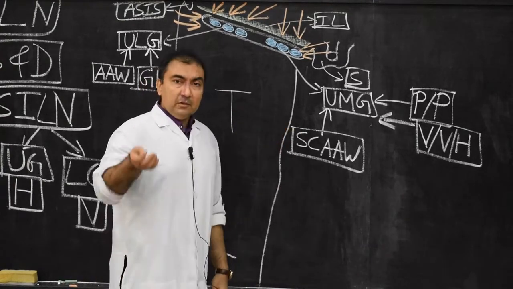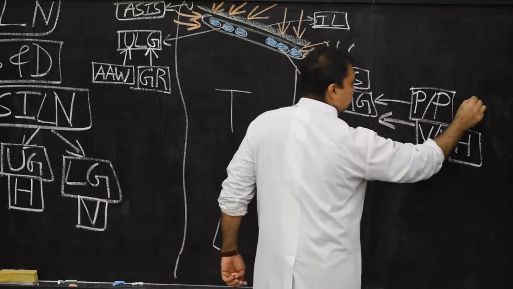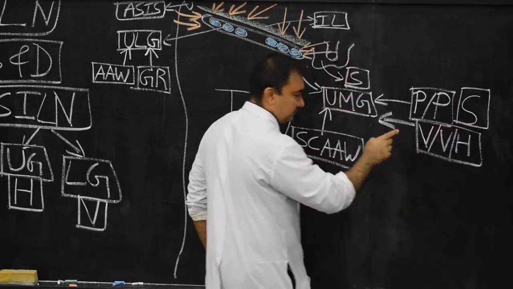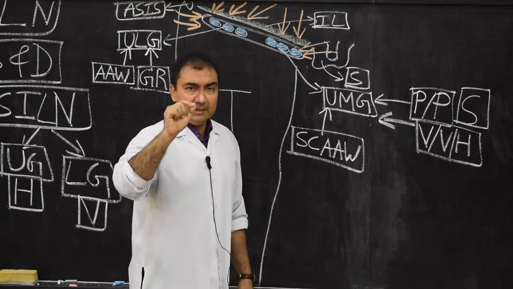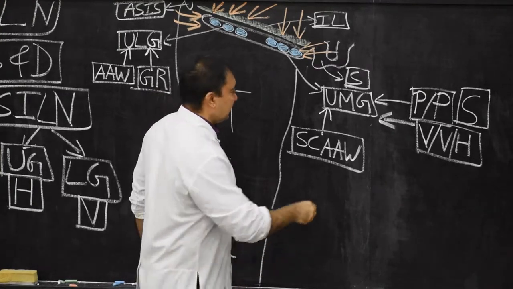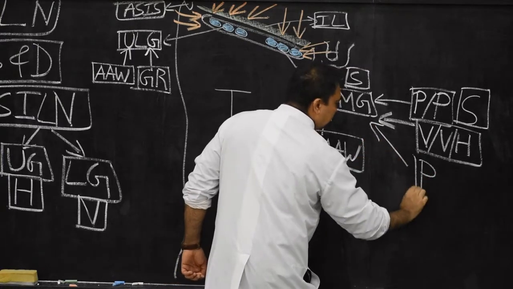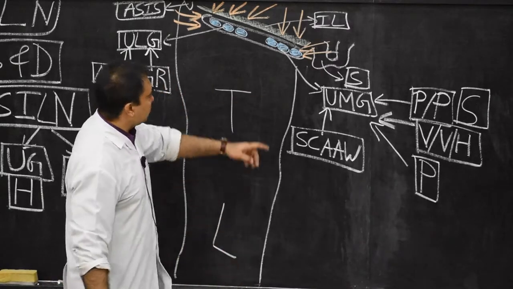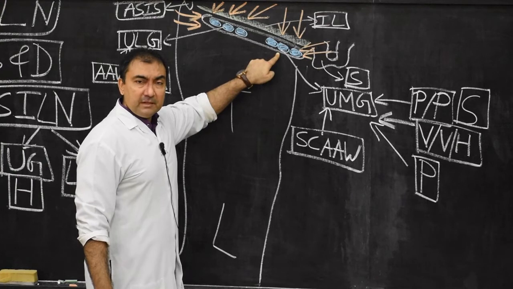Then it will also receive from the scrotum. So this includes, in case of males, along with the penis and prepuce, the scrotum. That is also included. Please note down. After that it will include the entire perineum. So therefore here I will put another arrow and will include the entire perineum. The structures in the perineum will drain the lymphatic drainage into the upper medial group of superficial inguinal lymph nodes.